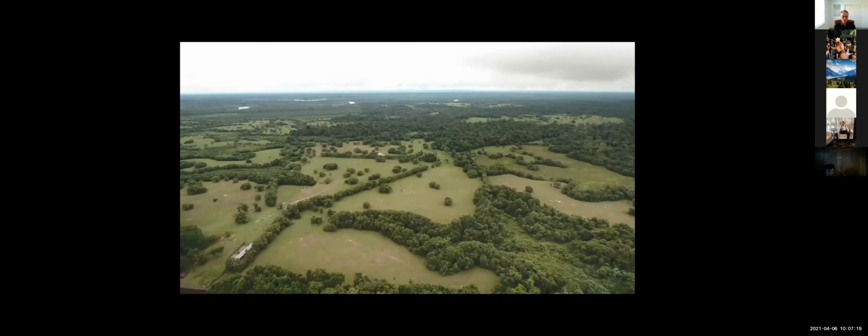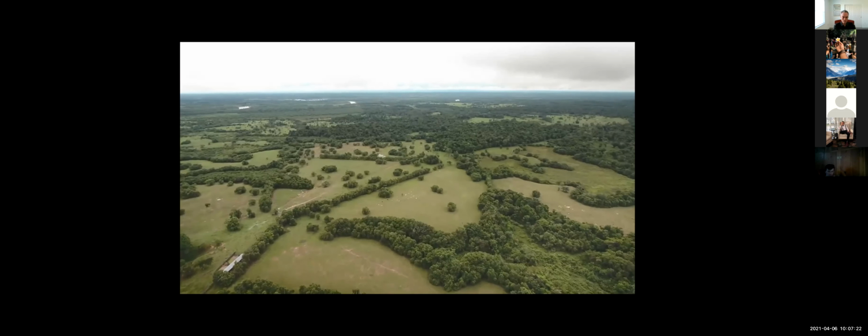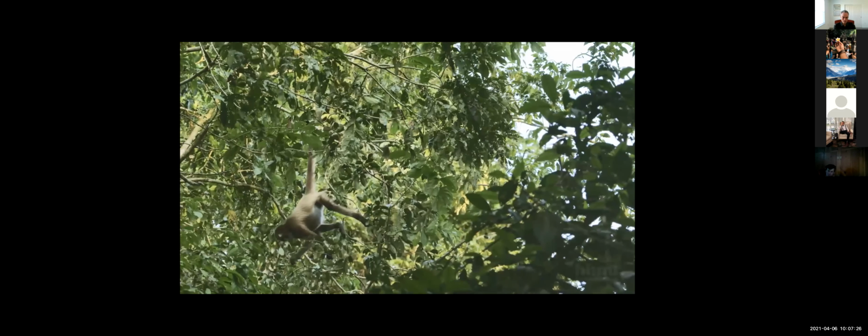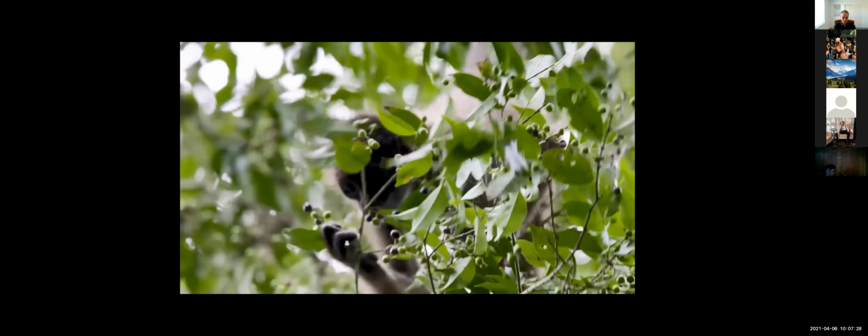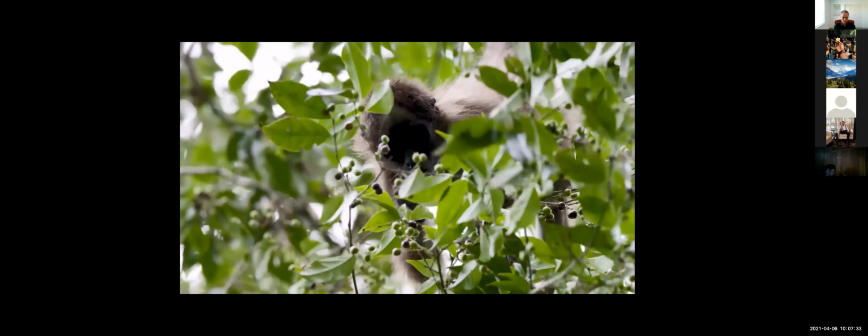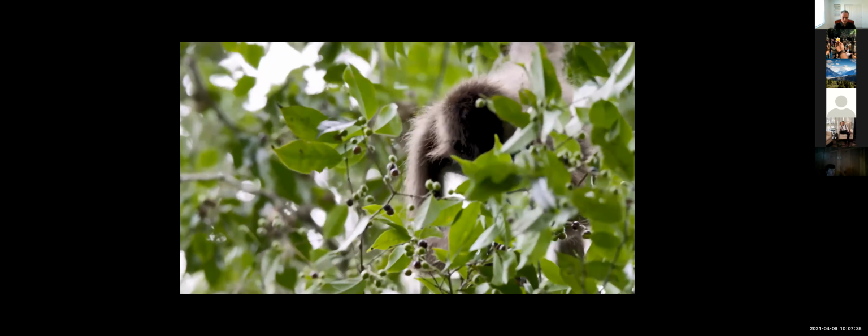Fragmentation reduces forest regeneration in two ways. It decreases the number of seed dispersers, and it limits how far they can safely travel. Andres Link and his colleagues have come to the Middle Magdalena Valley to measure how many seeds spider monkeys are dispersing and from which tree species.